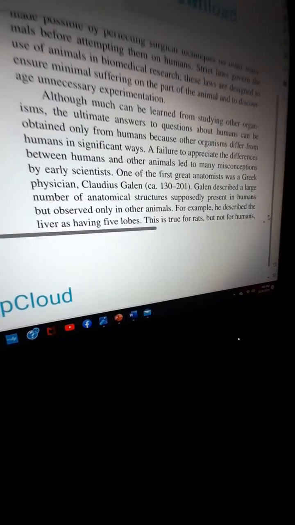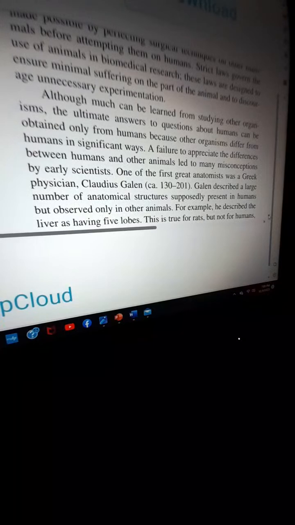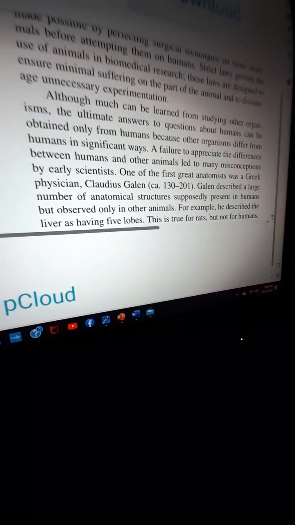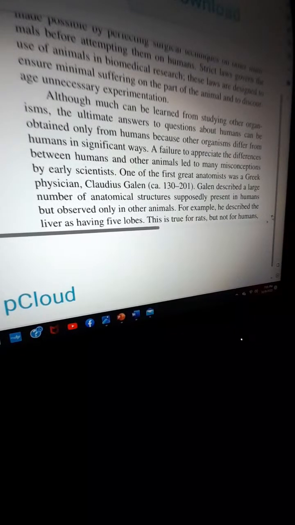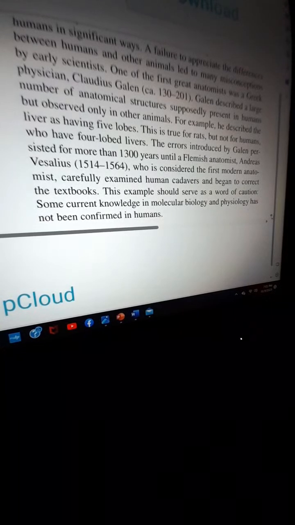A failure to appreciate the differences between humans and other animals led to many misconceptions by early scientists. One of the first great anatomists was a Greek physician, Claudius Galen. Galen described a large number of anatomical structures supposedly present in humans but observed only in other animals. For example, he described the liver as having 5 lobes. This is true for rats, but not for humans who have